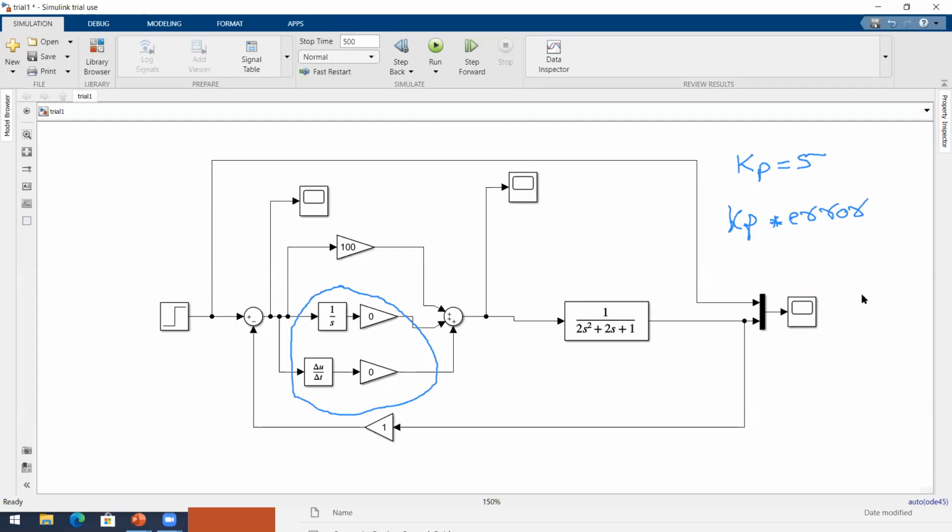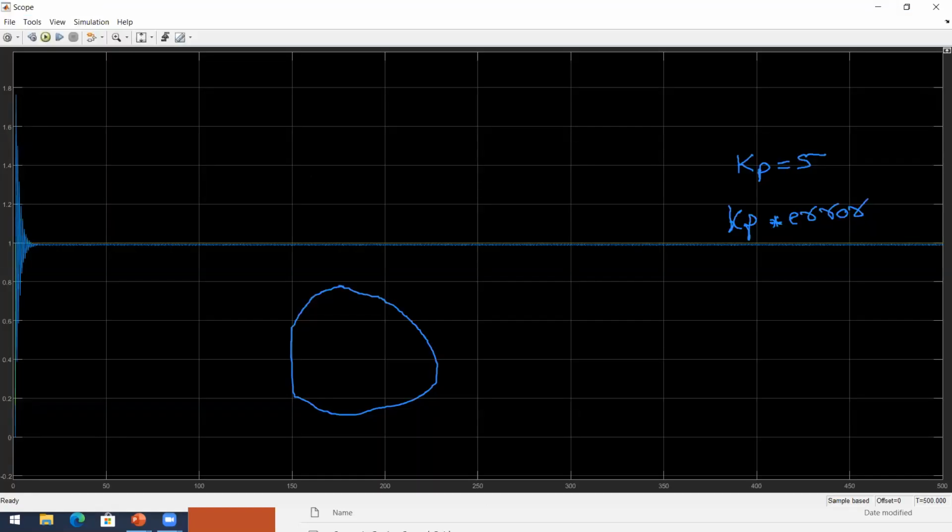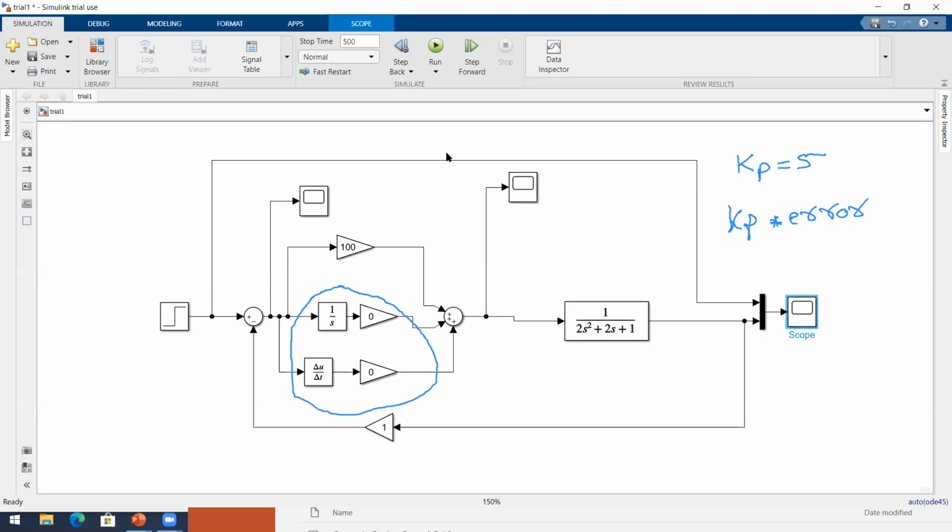Also, another thing we saw was that we didn't reach the exact value. I wanted 1000 degrees centigrade, or 1 here in this case. I want it as 1, but it is some 0.95 or something like that. So this is called a steady state error. That means from here to here it is steady, but it maintains that error. So it is called steady state error.